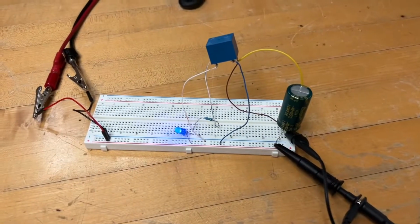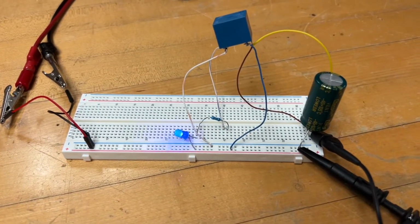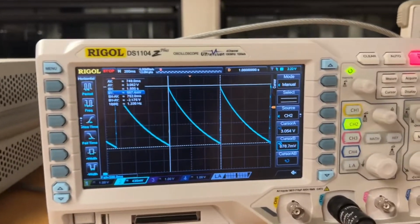This is a circuit with the 10 millifarad capacitor connected. As you can see, it's blinking significantly slower than with the 2 millifarad. We're using an input of 9 volts. This is the oscilloscope right